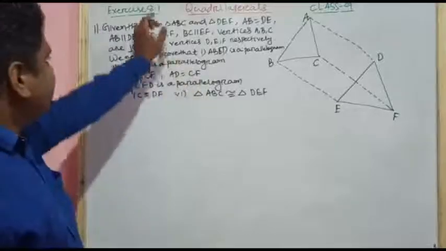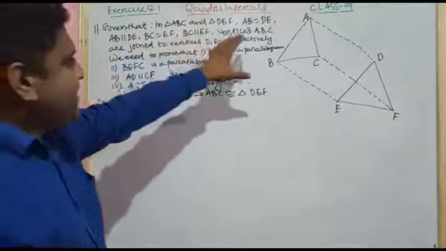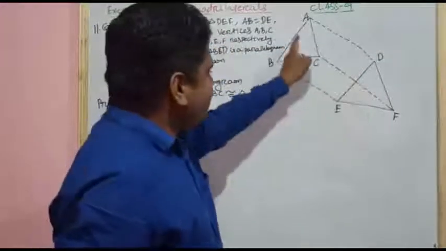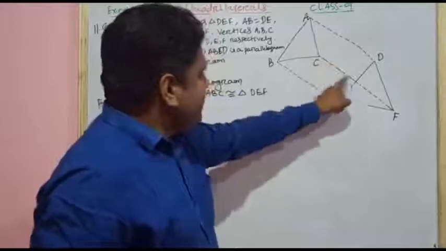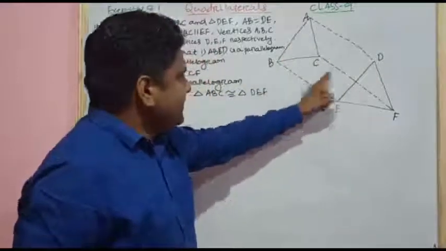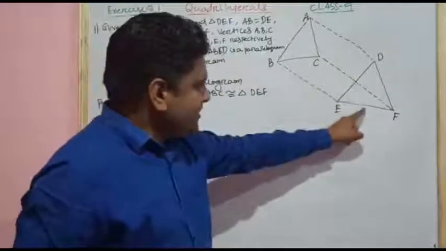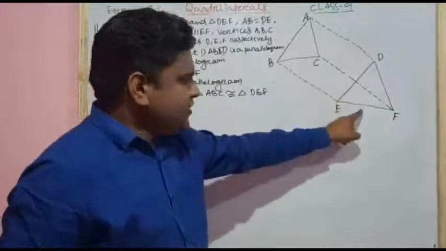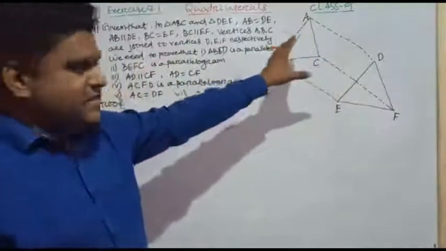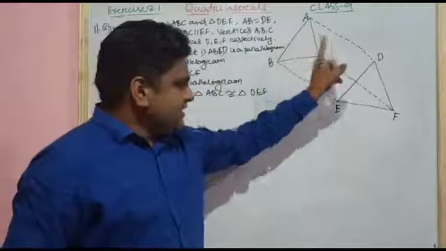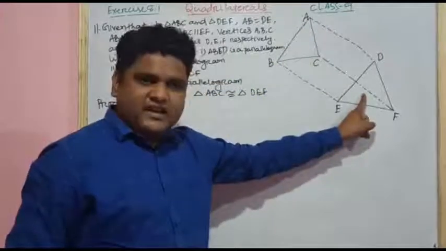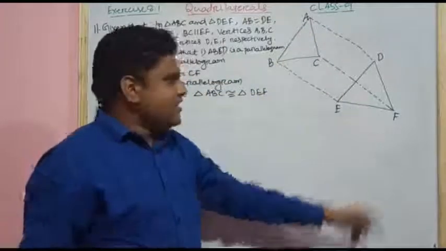Number 10 is, it is given that in triangle ABC and triangle DEF, AB is equal to DE, AB is parallel to DE, BC is equal to EF and BC is parallel to EF, and vertices ABC of triangle ABC and vertices DEF of triangle DEF are joined. We need to prove